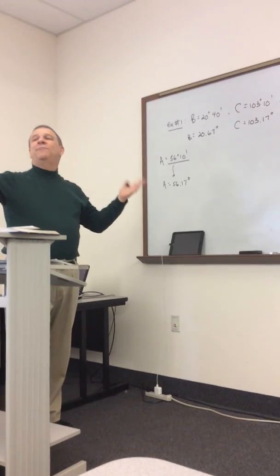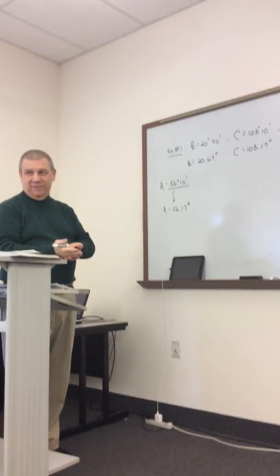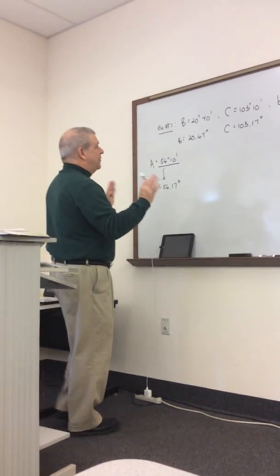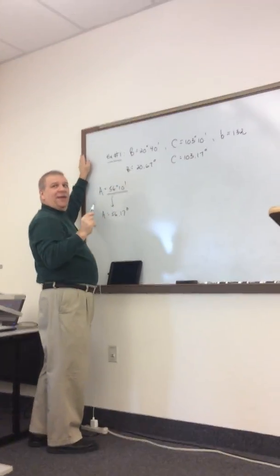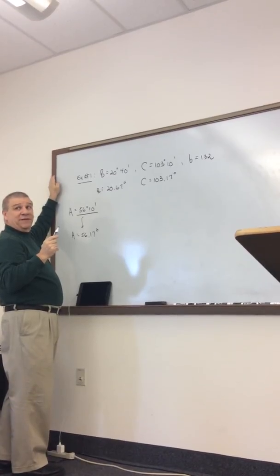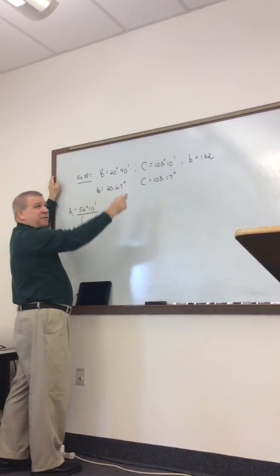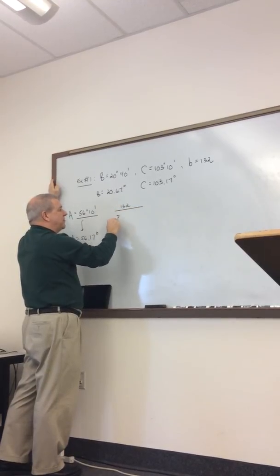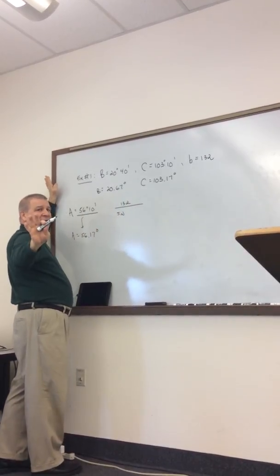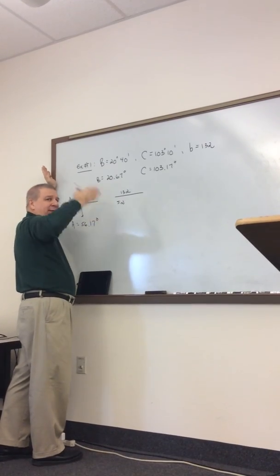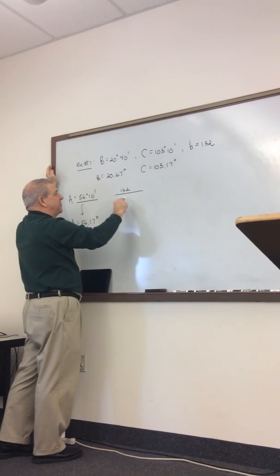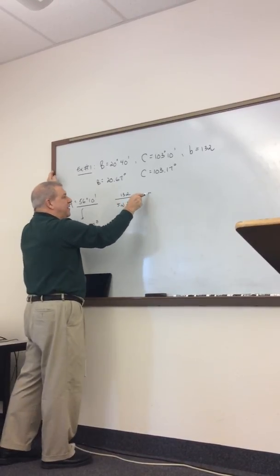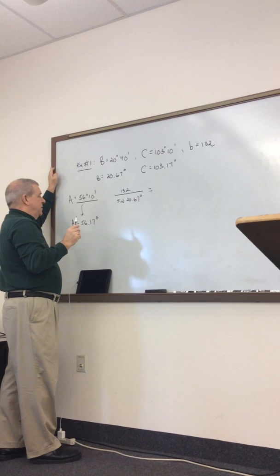Now, does anyone have a question on what this law of sines says, where you set up the proportion? If you use the givens, what are the values that I know both of them for? The b's, right? So I'm going to go b over the sine. Now, you have to write this down. On a test, this has to be written down. B over the sine of 20.67 degrees, and that equals,